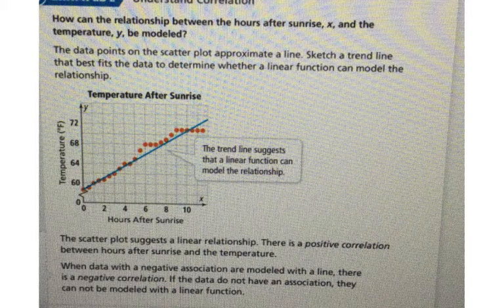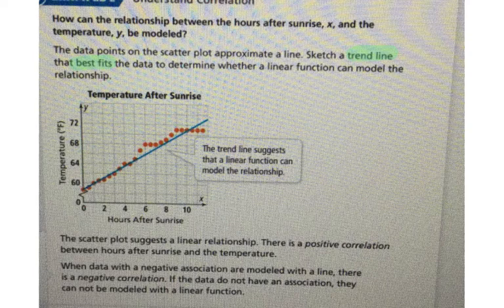So your book calls it trend lines. I've also seen line of best fit. So it uses both of those words there. Have you ever heard of line of best fit? Trend line, maybe, maybe not. Okay? This line is what best fits the data, and it helps us determine whether a linear function can model